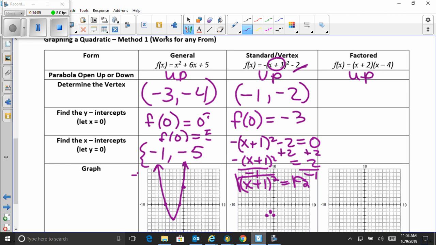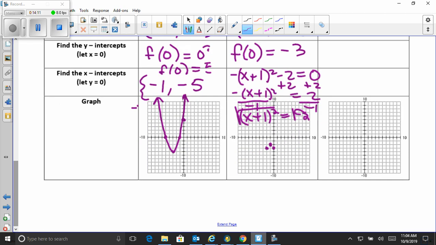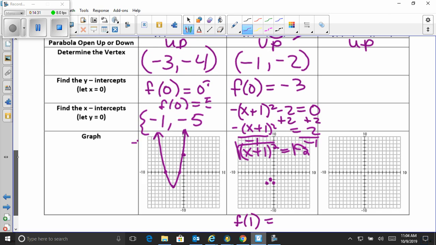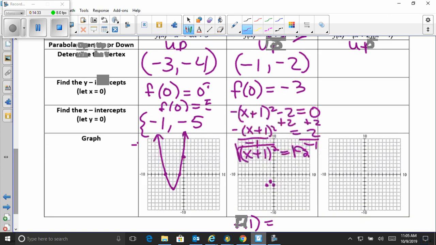If I wanted to get another point, you could just go ahead and pick another point on either side. I already have something for -1, I have something when it's -2, and I have something when it's 0. So I could go with 1. I could find the f of 1. If I just wanted to be careful, I really just need those 3 points. It's enough. But f of 1 would be